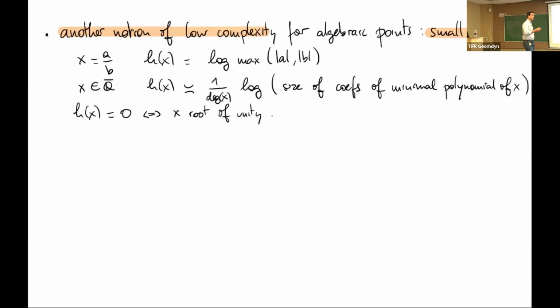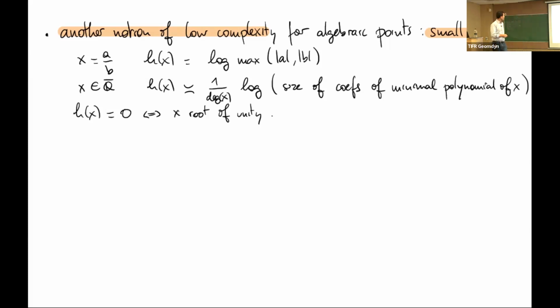So there is another notion of being a point of low complexity. A rational point is a point of low complexity in the field of algebraic numbers. Another way of being of low complexity is this notion of points of small height. Height is a certain complexity for algebraic numbers. If you start with a rational number, the height is just the log of the max of numerator and denominator. So it's the number of bits you need to store it in a computer, right?